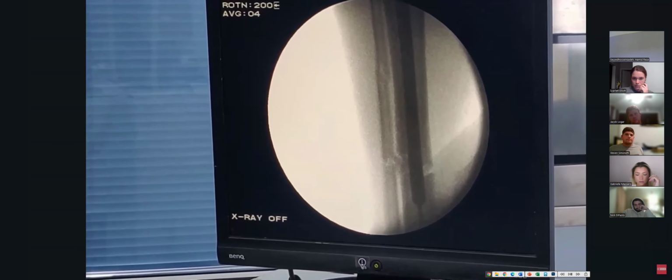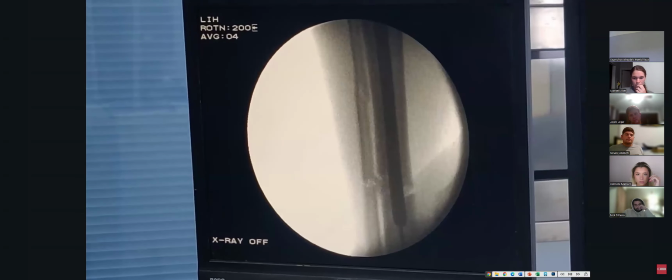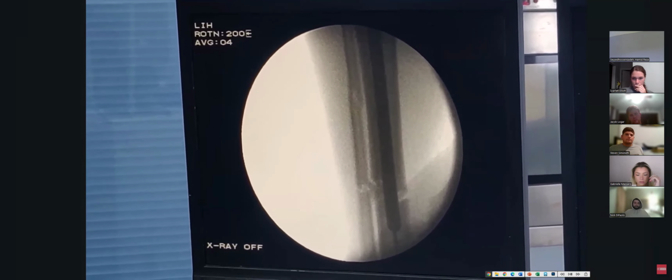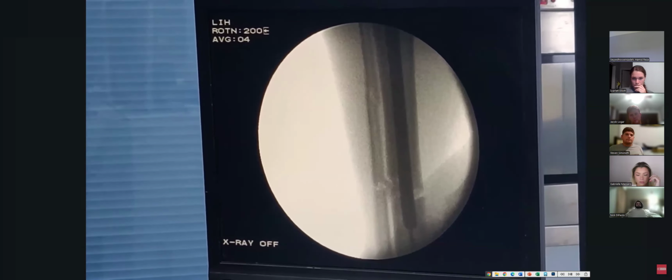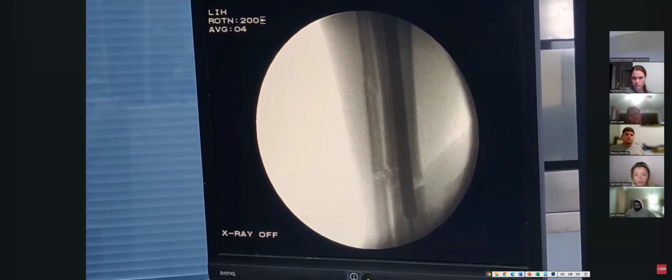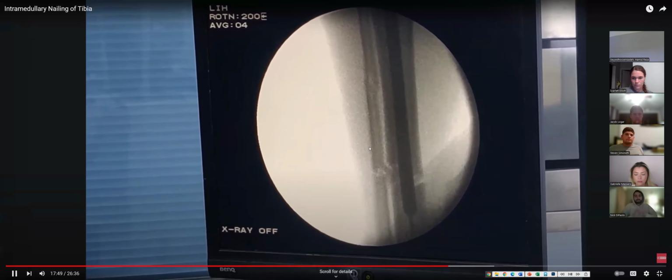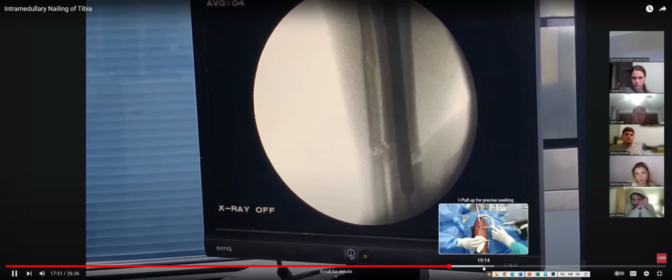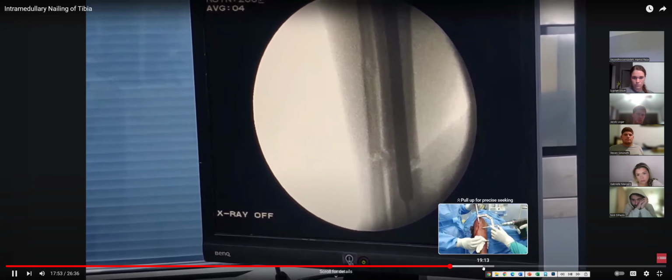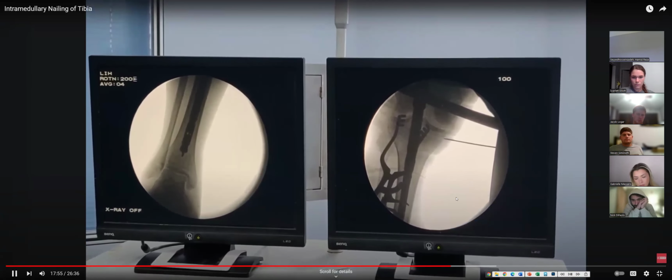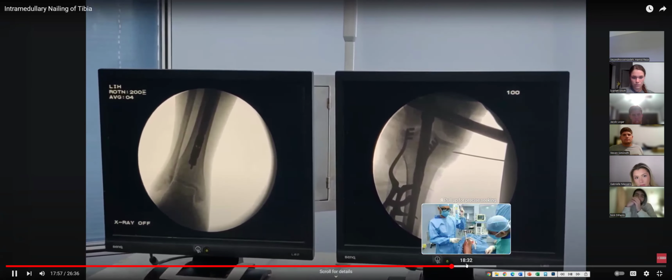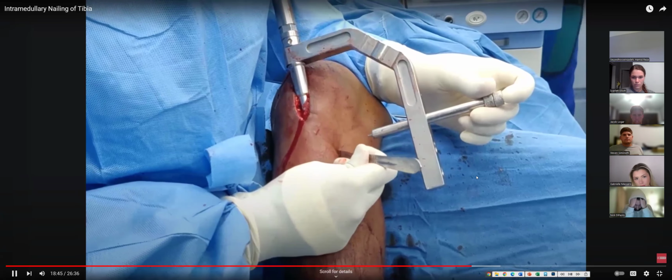So now you can see our nail has passed on to the distal fragment and the fracture seems to be nicely reduced. So we are going to proceed with the tapping till the nail has gone as deep as we desire. So I'm looking on the right side at the AP of the knee and incision, and